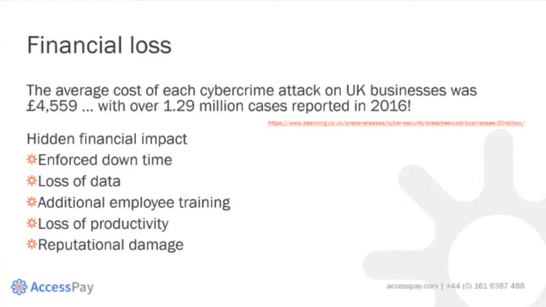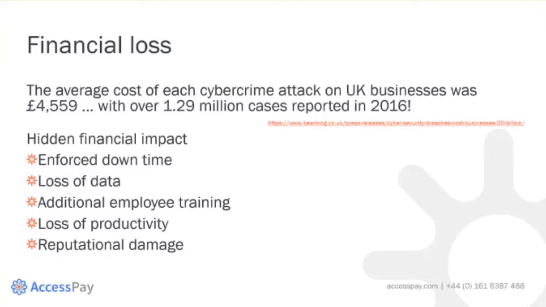With cybercrime, downtime of systems is regularly enforced. Accenture found the average time to resolve a ransomware attack is 23 days. There's also loss of data. This is a major issue with fraud and with cybercrime. I'm sure by now that everybody's at least heard of GDPR and the implications of data breaches and the impact of this. We won't go into depth about that, but it's another thing to consider. There's often additional training needed for employees, which takes time and resources. During cybercrime attacks and system downtime, there will also be a loss of productivity.